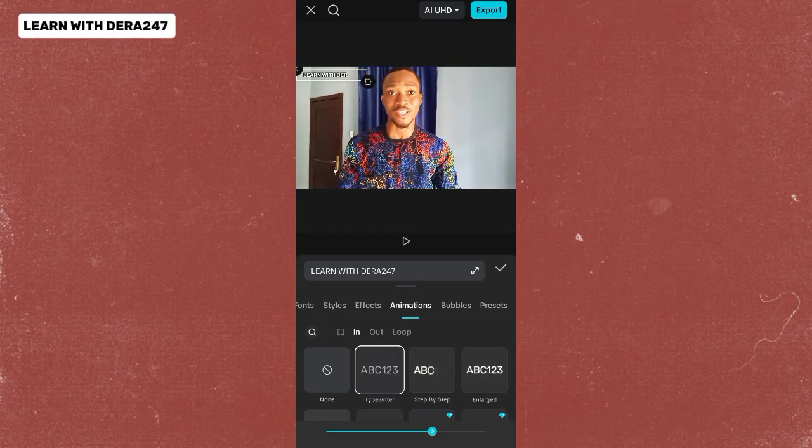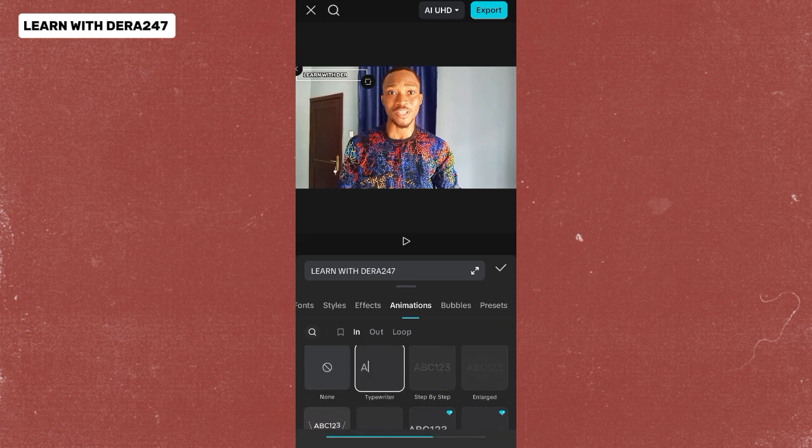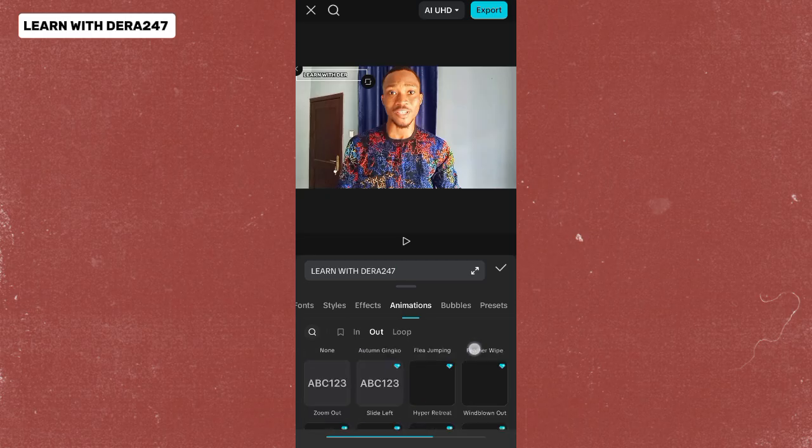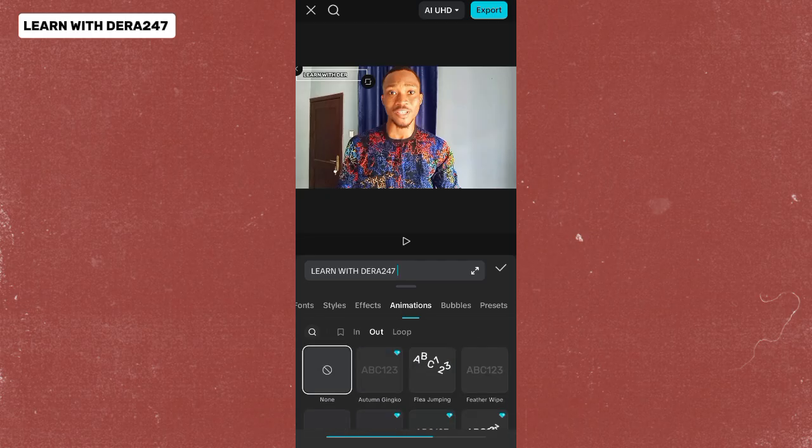Now the reason why I'm putting this animation, we have the in and out and loop. The in means how the thing will be appearing for the first time. Then the out means how the thing will be disappearing. Okay, can you see how the disappearing animation looks like? Then this loop is the one that is consistently showing. Let me just click on this loop now. You can see that these ones are consistently moving. It's not going in, it's not coming out, it's not passing, it's just consistently moving,